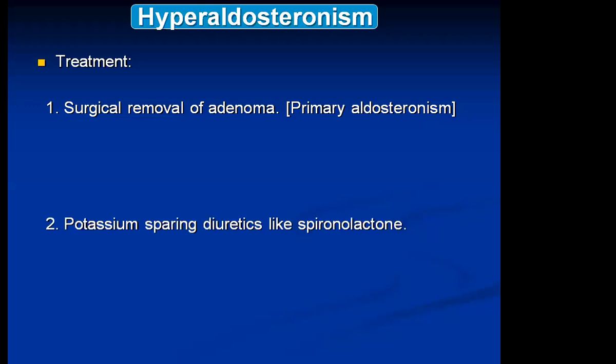There are certain potassium sparing diuretics, like spironolactone. There are various potassium sparing diuretics, but certain important ones like spironolactone will preserve your potassium, and therefore any bad effects because of decrease in potassium will be taken care of. Of course, if it is secondary aldosteronism, say congestive cardiac failure or liver cirrhosis, here you have to treat the primary cause. When you treat the primary cause and it gets cured, this secondary aldosteronism will automatically get cured. So this is as far as the treatment part of hyperaldosteronism.